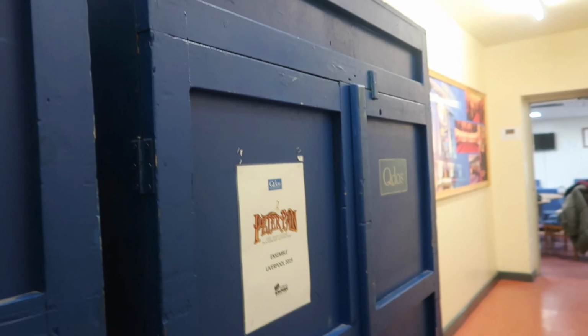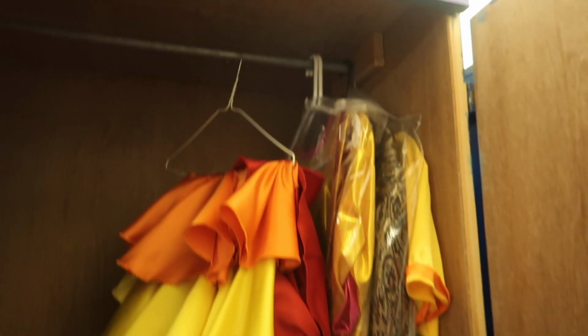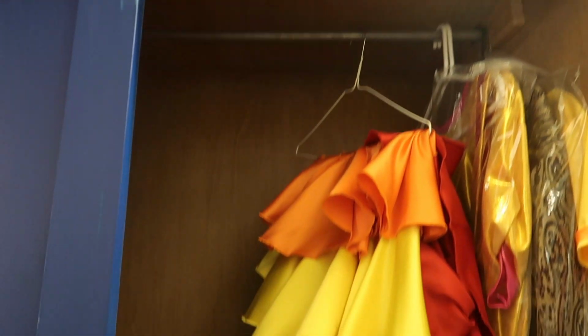There's this one, there's two, and they're all labelled with what's in them, and then you open them up, and they're like big hanging rounds. There's a couple of costumes that we're not using, or duplicates, and then all baskets and things go in here, which is interesting. So there's a third one of these in the corridor as well, and then there's also big